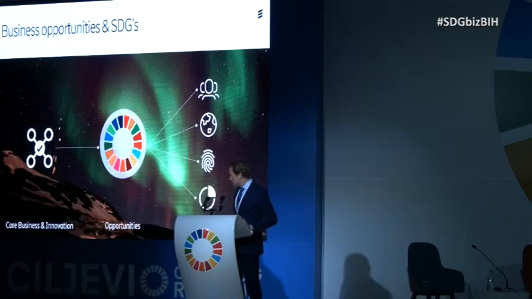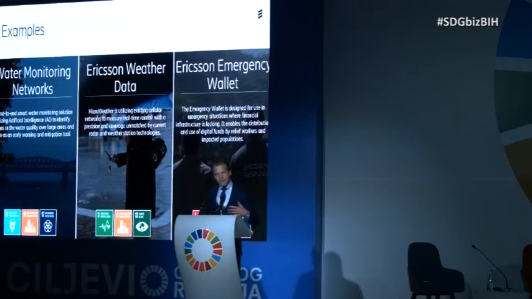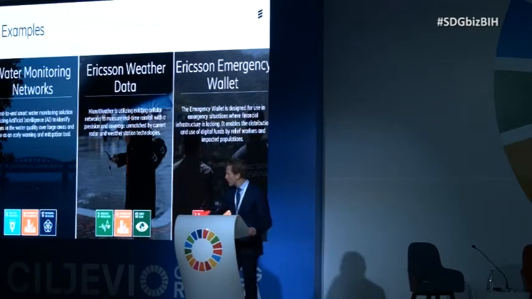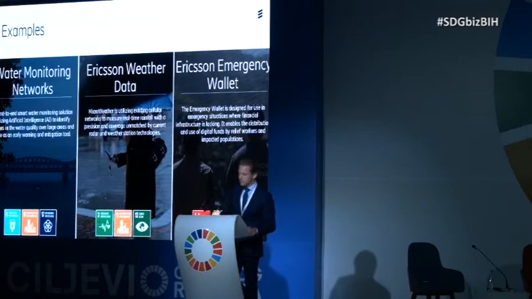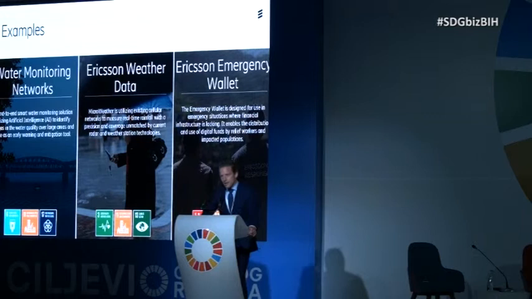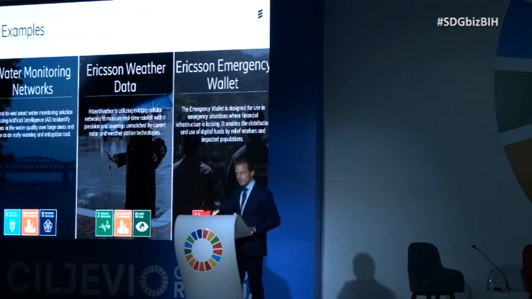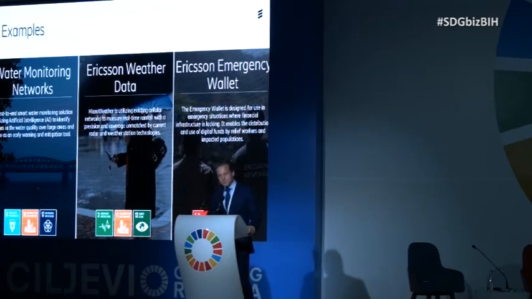And I have some examples, of course, 3 examples, but I will elaborate a little bit on what we do here. We have one on water monitoring. We have looked into that quite a lot earlier, and weren't really able to see how we could commercialize it. Now we have commercialized a first set of solutions under a product category called Connected Environmental Monitoring, where water is one. This is basically Internet of Things based solutions, where we have small sensors that record different parameters in the water, and as an end user you can see how the water quality fluctuates.